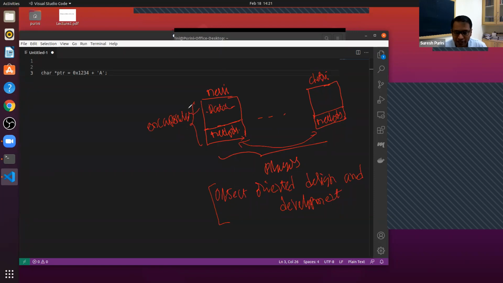Okay, so through examples, we will understand these ideas, but there is a general software design and development strategy called object-oriented design and development. And then we use C++. C++ is a programming language which supports this design and development strategy. So is Java, and so is Scala, because Scala is an extension of Java. And Scala is not only object-oriented, it is also a functional programming language.